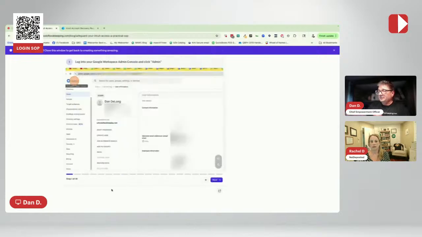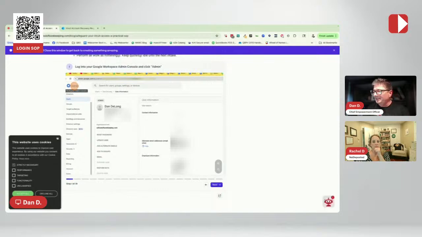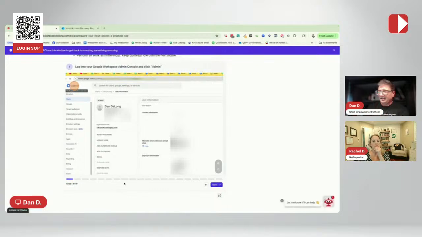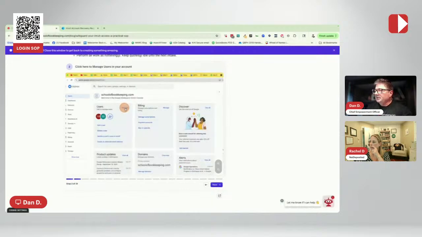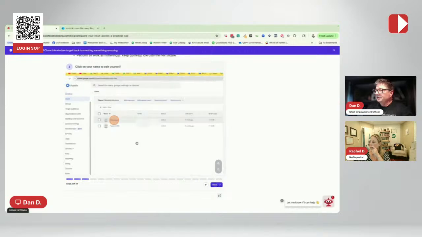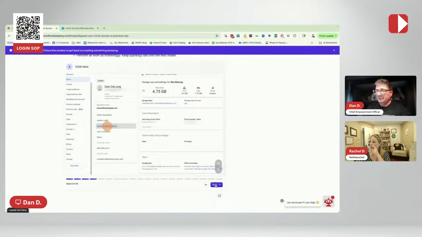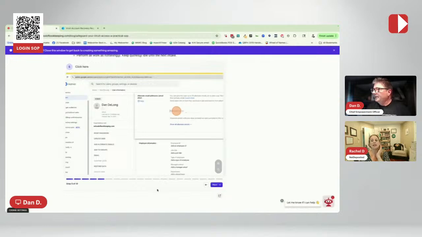Okay. So I tried to blur out anything that was identifiable to myself. But you log into your admin workspace, and you can do this also in your Microsoft or Outlook account as well, but I don't use that, so I couldn't walk through it. But then you go into your users, you manage the users, manage yourself, right? So you're the main admin. And then there's an option called add alternative emails, right? Oh, okay. Yep, I know exactly where this is.